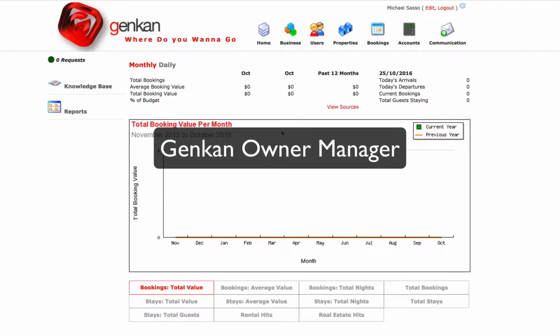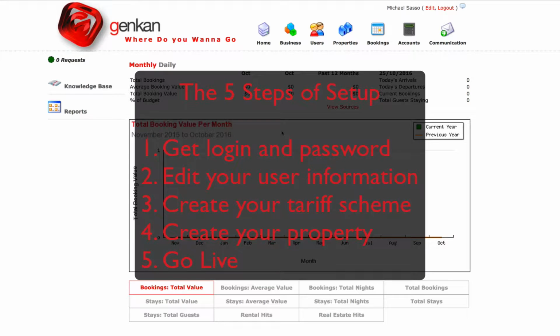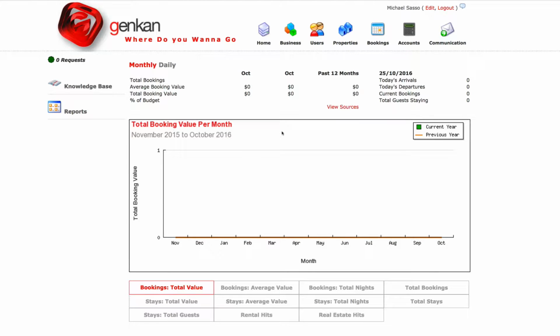Here is an overview of the 5 steps required to establish your property with the Genkan Owner Manager module. Step 1 is to get your login and password from Genkan, and once you've done that, you can log in